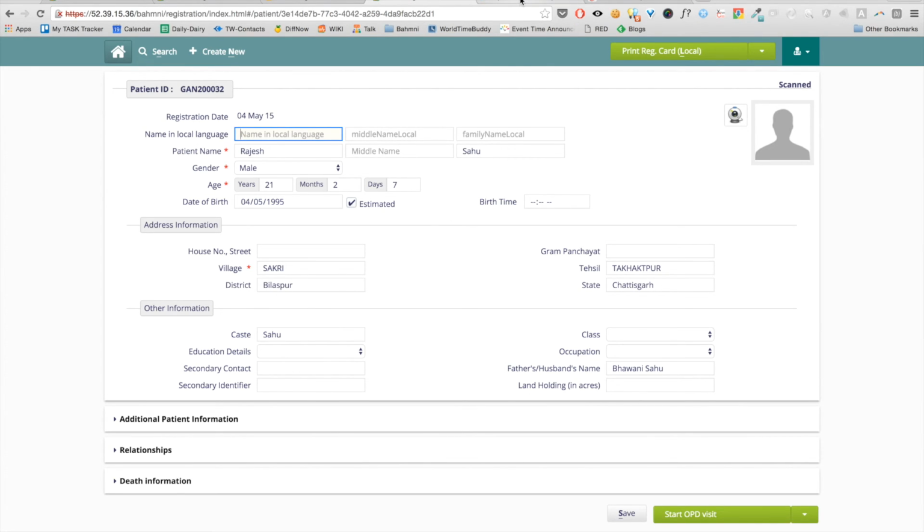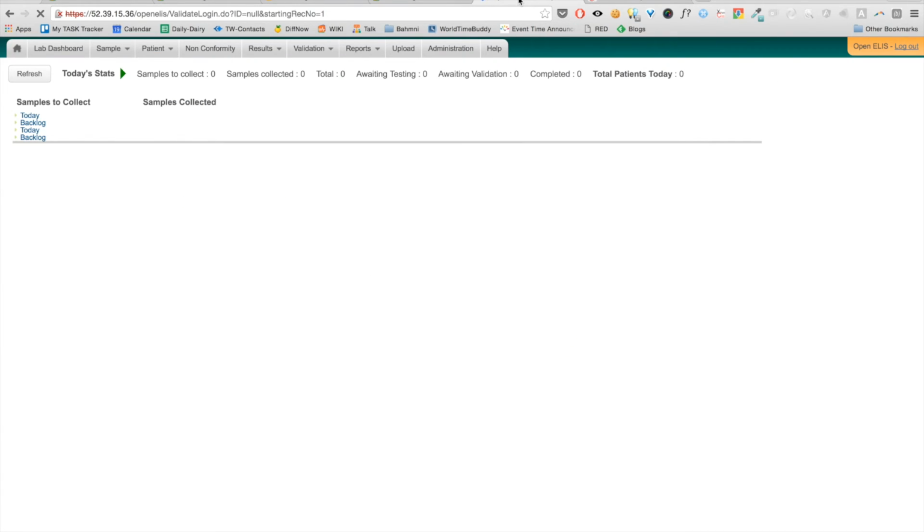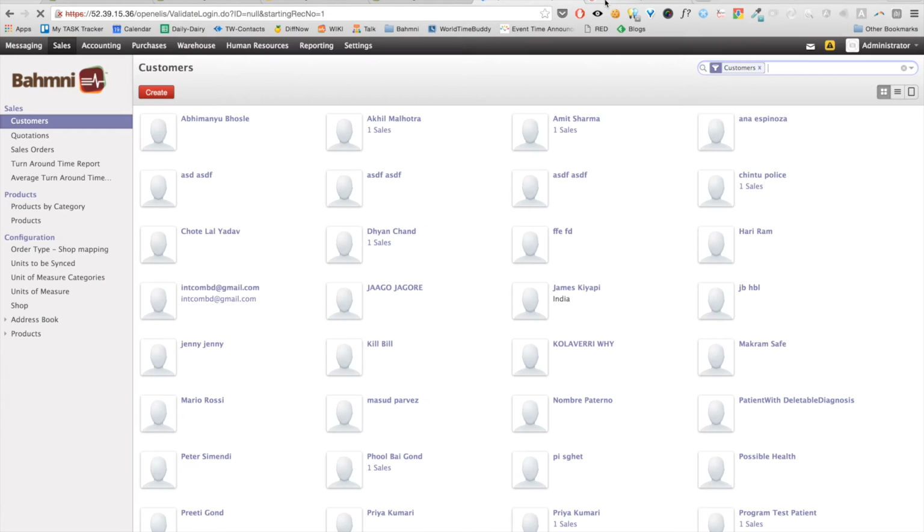Patient registration screen. You can change this whole screen later. Lab and ERP.